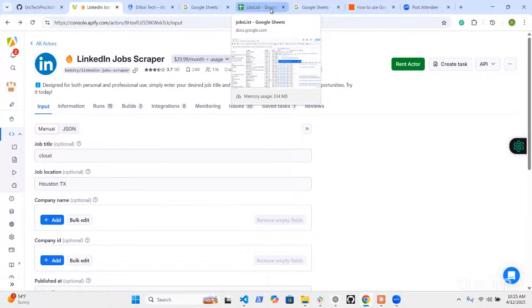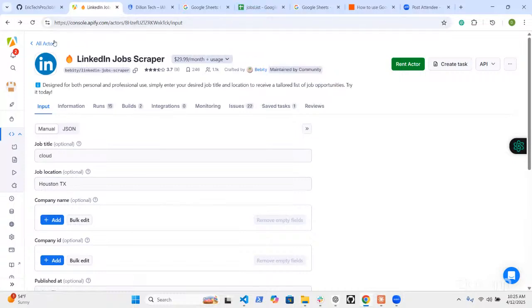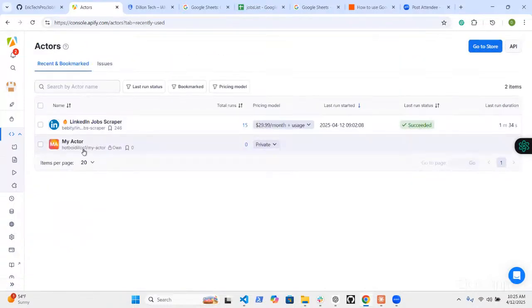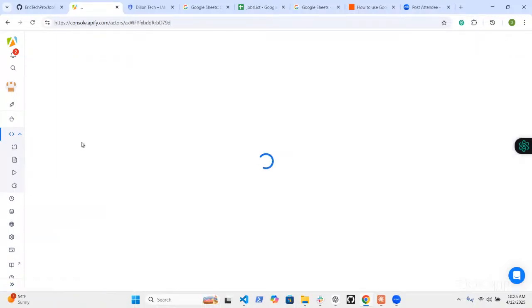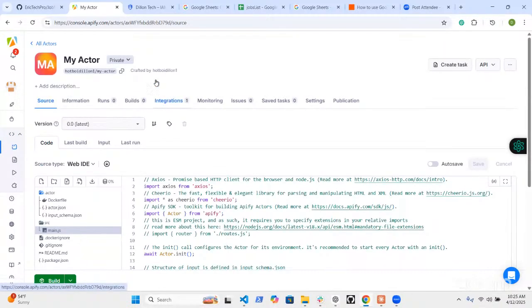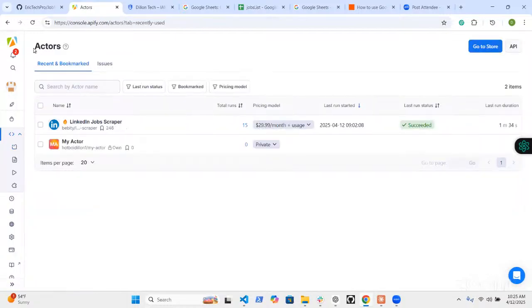Yeah, I think it's a good idea. The thing is probably just working out all the kinks to get you exactly what you're looking for. But I think you have the right idea. If this works for you, that's fine. Right. Yeah, it's another actor, but I can go back and choose another one, like an Indeed actor, and it'll give me that.